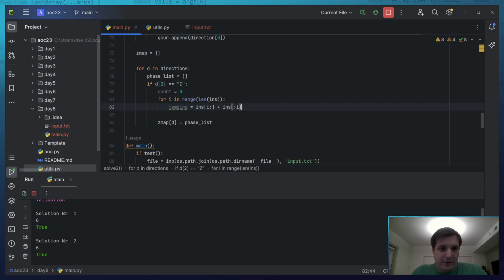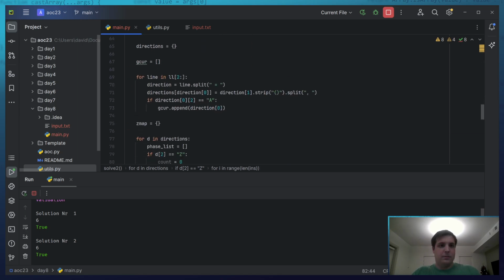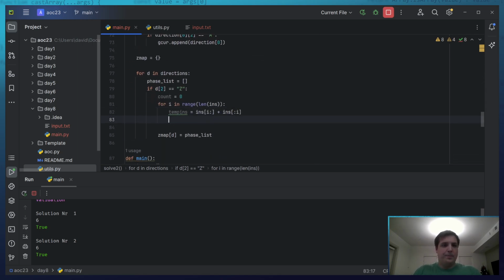I cannot test any of this right now, which is annoying, but I will test it later. But this should, if it is correct, split it in half and put the end part of the beginning part to the end. And then I can do the same thing as I'm doing up here. With this, those paths should be shorter because we're not doing A to Z. It's just something A, something Z to something Z. So that should be faster.